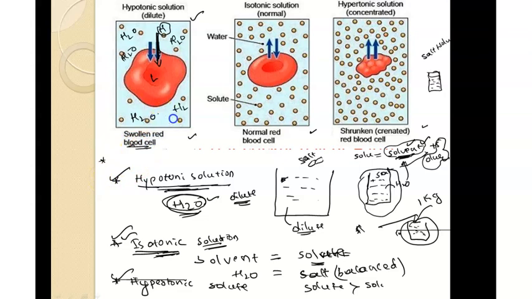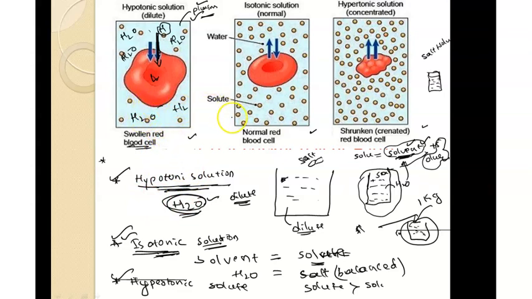I have taken a blood cell here as an example. This is my blood cell. So when I put my blood cell in the hypertonic solution, what happens? Water will move into the cell. Here, for the hypertonic solution, you can take plasma, because we have blood cells embedded in plasma only. If your plasma is a kind of hypertonic solution, then water will enter into the cell, and as water enters into the cell, it swells up.